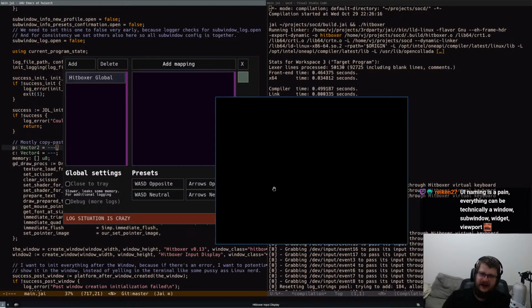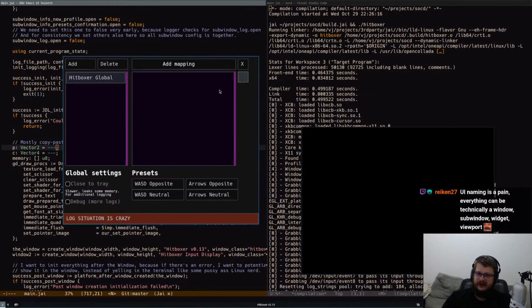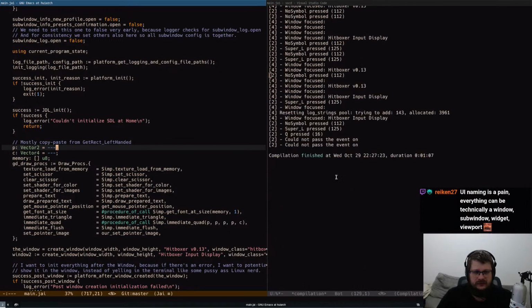In Win32 API, everything is literally a window. Even a widget is a window, technically. It can be a dialog, but a dialog is also a window, right? But why sometimes